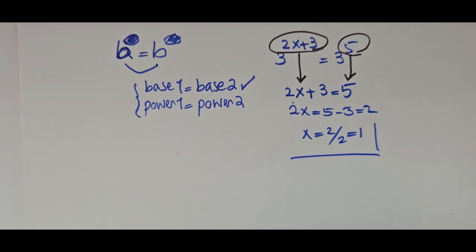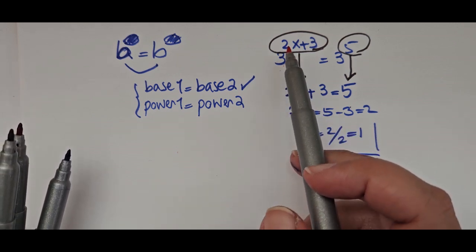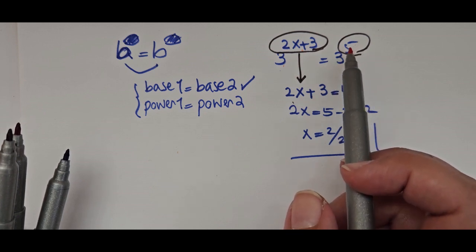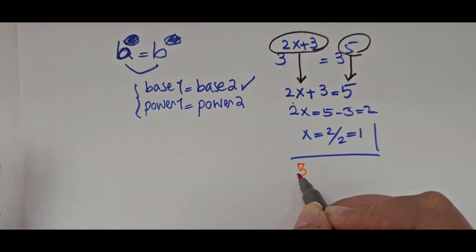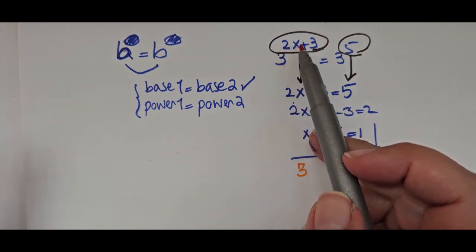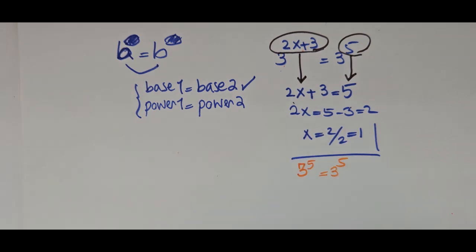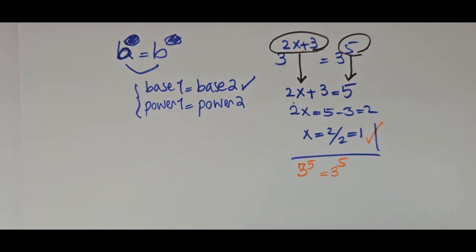Let's test the answer. So the original question here was 3 to the power 2x plus 3 must be equal to 3 to the power 5. Let's plug in the 1 and see if it works out. So 2 times 1 is 2, plus 3 is 5. And you can see on the other side, we have exactly the same thing. So x equal to 1 is the correct answer. Now let's move on to the next